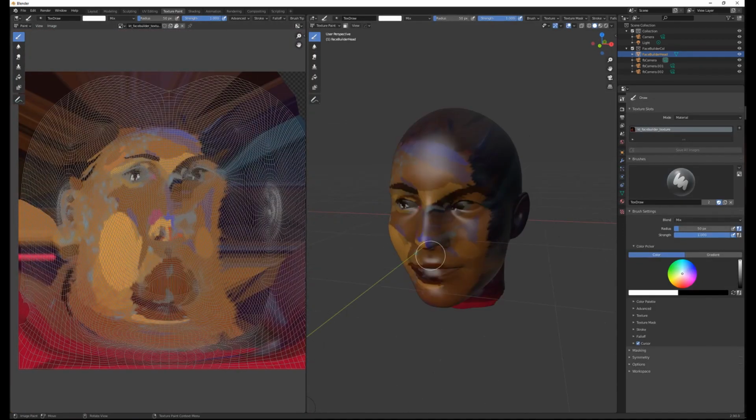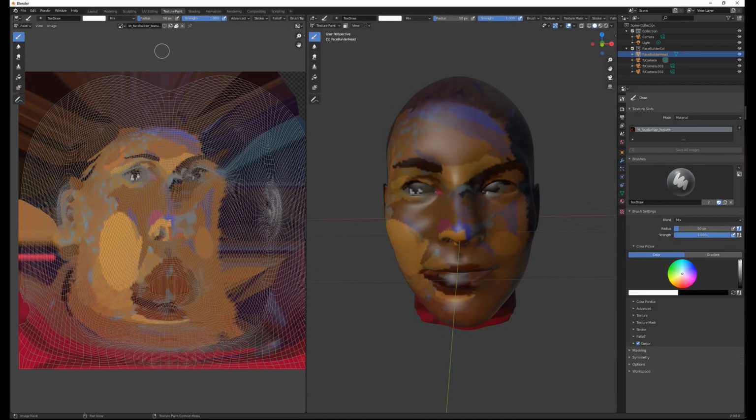So here you see it, and you can just select a color pick, like the base color, because we're getting the majority of